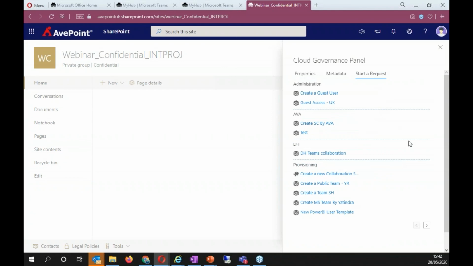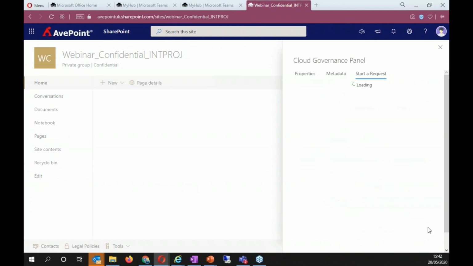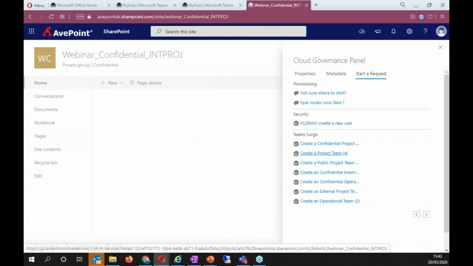And when we click start a request, you can go about and provision other things around that. So either adding users, so a guest user can be added, for example. We can also do things such as create different teams. As part of the team search, we've encapsulated these into 8 different workflows. And this was an example of showing you one of those. So I'm going to now go back to my slides and